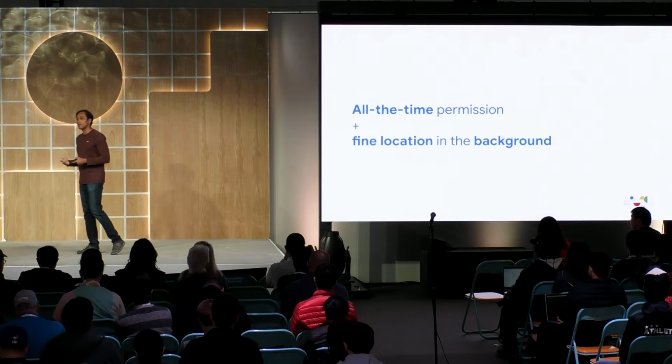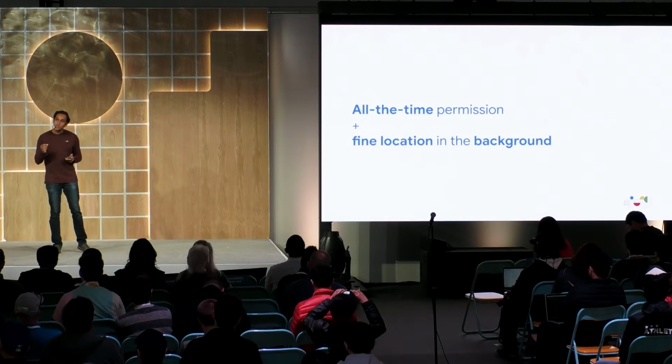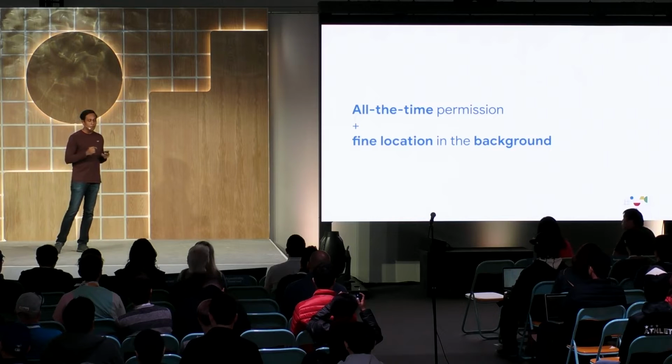When does the user get this notification? The user will get a one-time per app notification when the user provides all the time location permission to an app and the app receives a location update in the background. To add a bit more context, if the user has provided all-the-time access, changes it to while in use or deny, and then eventually in the future reverts it back to all the time, the user might see the notification again.